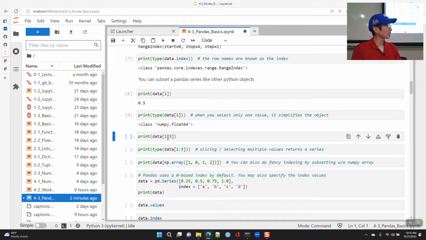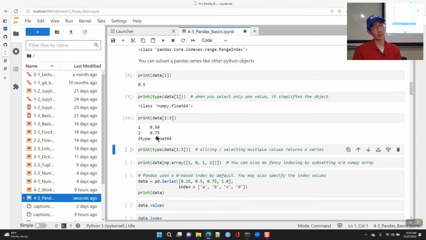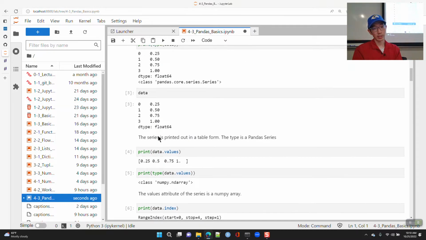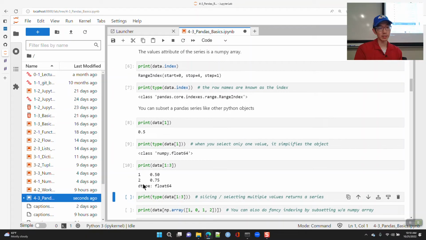If I slice this, 1:3, what is this going to return? Okay, because I'm selecting more than one, so I'm selecting these two values, we're going to get a series with two values in it. So this time 0.5 and 0.75, and you can see it pulls out the corresponding index, right?